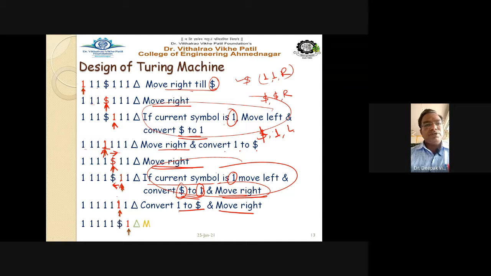So this one is to be converted to the dollar sign. Initially dollar is at this location, now it is shifted to this, again it is shifted to this, again shifted to this. Means we are shifting the dollar sign step by step toward the right hand side direction. Now the dollar is at the second last position and the pointer is pointing to 1. We have to move in the right hand side direction, right?